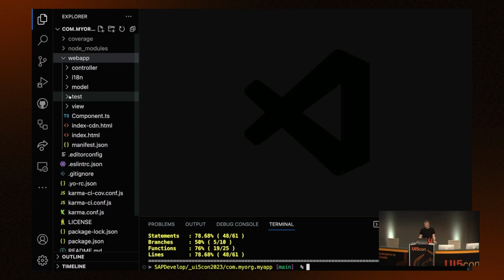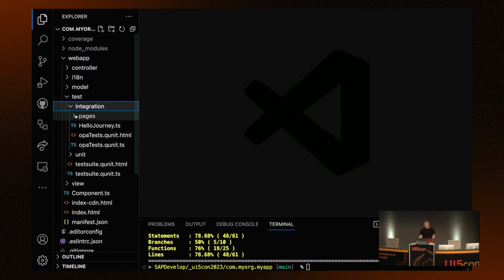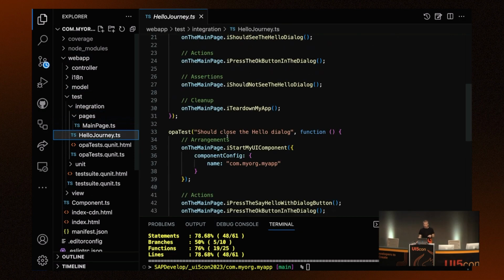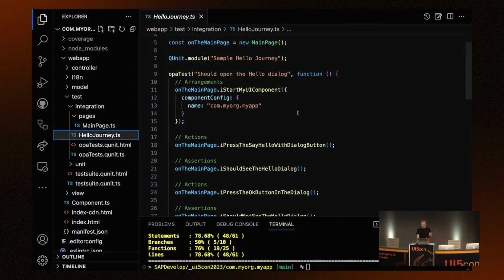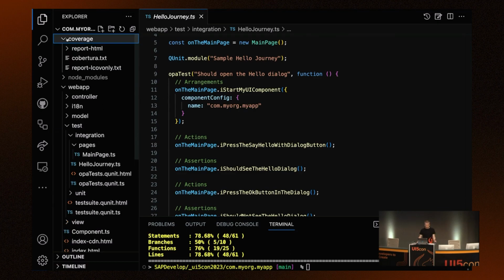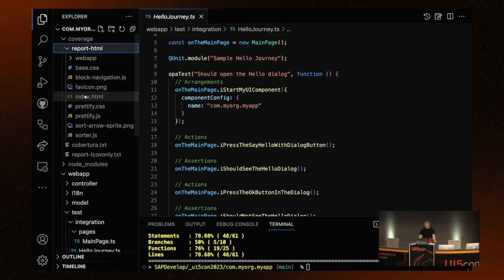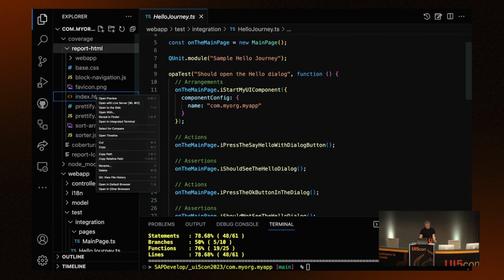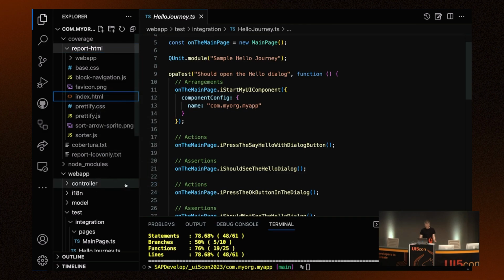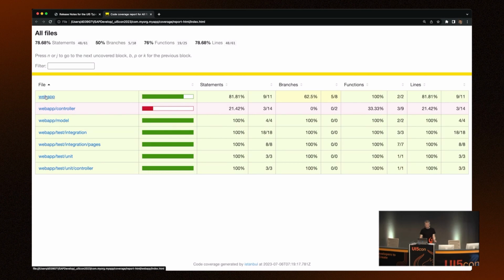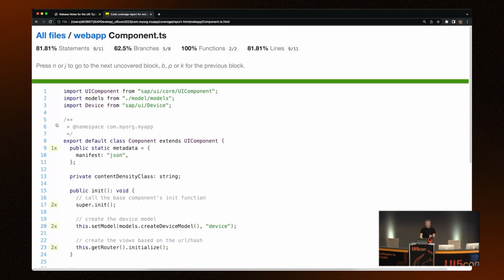All right, so inside the test folder now you have really the setup for the OPA tests with the pages and journeys. And this is now all TypeScript code, fully typed, and that I can tell you it makes it much easier to write OPA tests. And once the test has finished, you can look up the coverage nicely here. In the HTML report, for example, the index HTML, open it in your browser, and then you see the test coverage, and you really see the TypeScript sources here, how often every line has been executed and so on. So all nicely integrated, all nicely set up here.